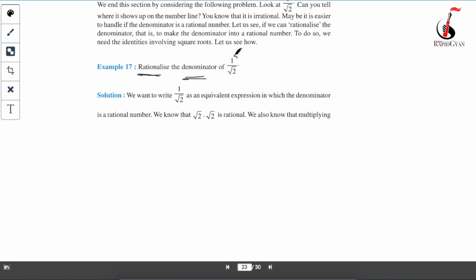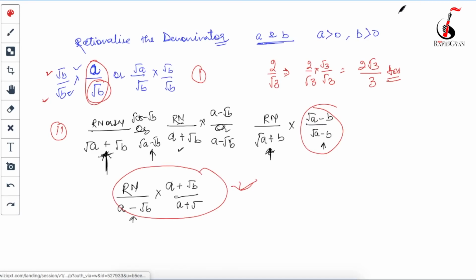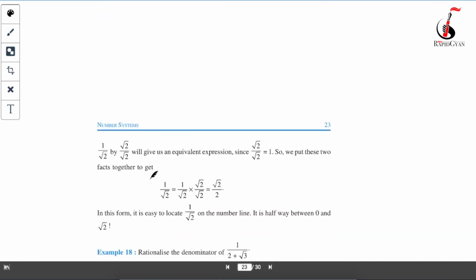The first question is saying, beta, 1 upon under root 2. It's very simple. What I have told you: the numerator is a rational number and the denominator is an irrational number. So simply, 1 upon root 2, you will have to multiply your numerator and denominator with under root 2. Simple. So this will give you under root 2 upon 2, that's your answer. Look here, beta, what I've told you: if it was in this form, you will have to multiply your numerator and denominator with the denominator. That's it, beta. That's so simple.